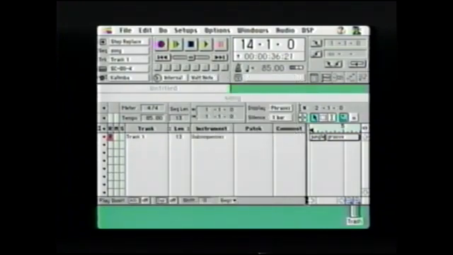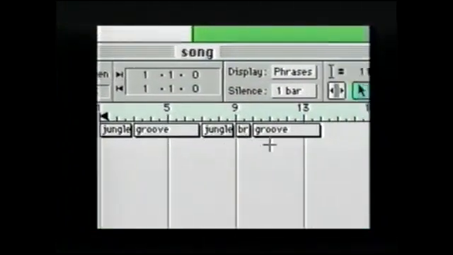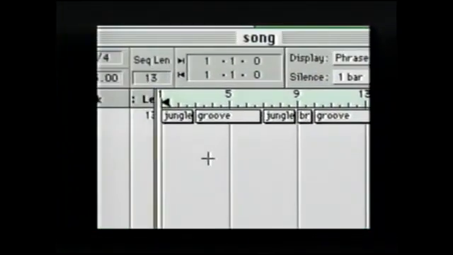Now you see what it did? It laid out the different sequences in my song: jungle, groove, jungle, break, groove. If we hear that,